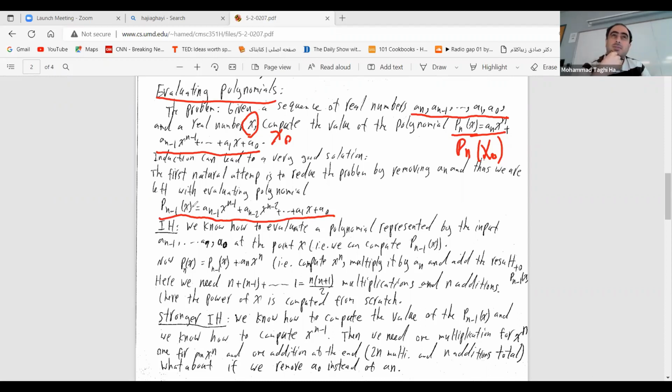If you use the power function in STL, I think it computes the power recursively, so it's log n multiplications. Yeah, but okay. So let's do it a bit more naively than that. We need to compute x to the n, correct? For this, how many operations do we need? If we do it naively, we need n minus 1 multiplications, correct? Because you need to have x to the n minus 1. As you mentioned, we can do it recursively, using powers of 2, and there we can do it with log n multiplications.